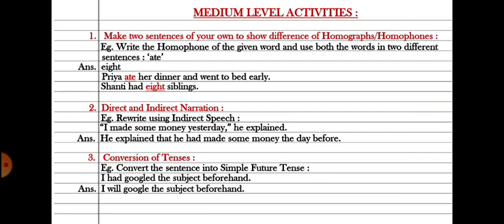Let's have a look at the example. Write the homophone of the given word and use both the words in 2 different sentences. A-T-E, eight. The homophone in the answer is eight, E-I-G-H-T. Sentence is formed. Priya ate, A-T-E, her dinner and went to bed early. Shanti had 8,